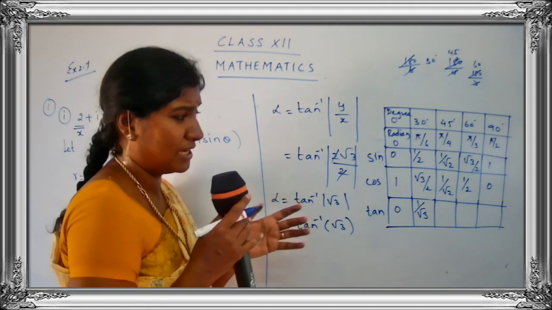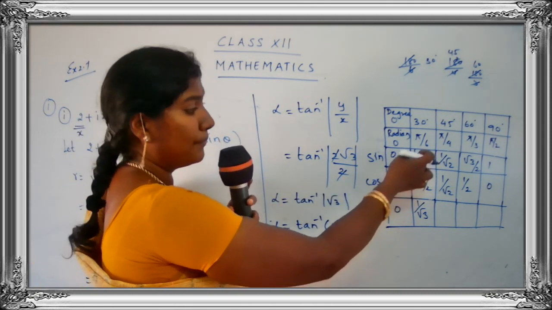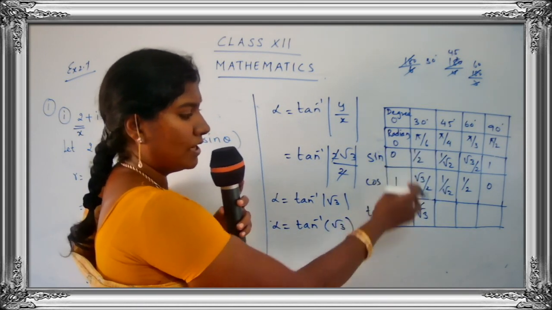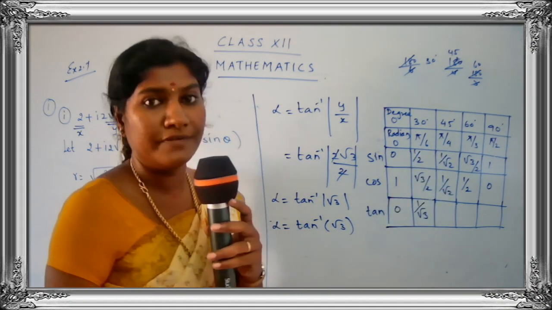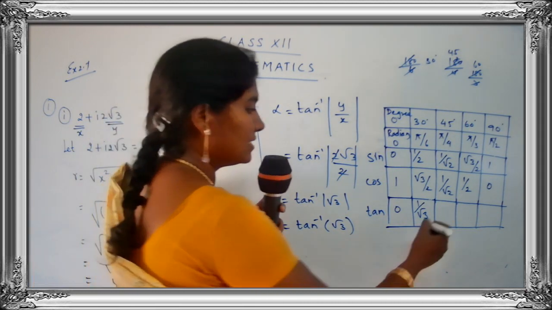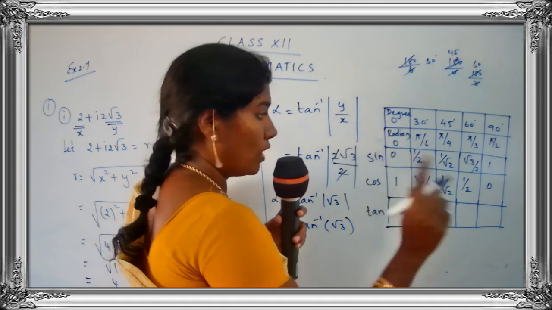Already we have taken this in the table. So just do it once again. So 1 upon 2 upon root 3 upon 2. The denominator part gets cancelled, 2 and 2 get cancelled. So 1 upon root 3 is left. Here 1 upon root 2, 1 upon root 2. You are dividing by the same number, so you are going to get the answer as 1.